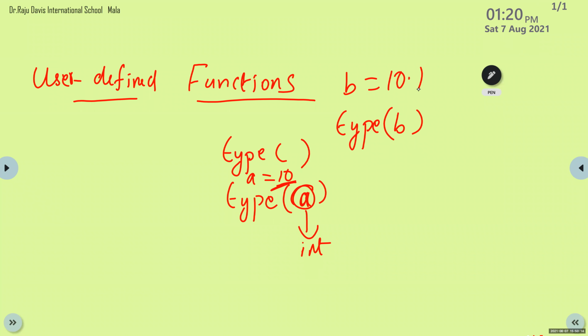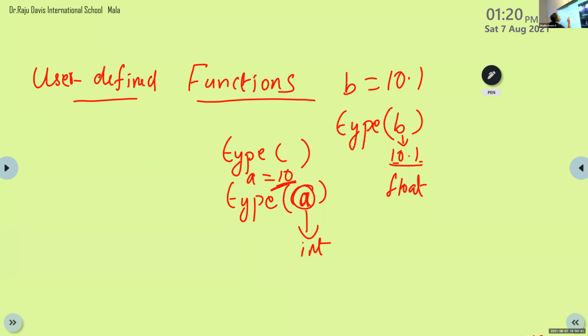Float, ma'am. Yes, float. Correct, Anish. So type of B means content of B, it is 10.1. So what is the data type of 10.1? It is float, because we are using a floating point number, a decimal point, or a fractional part is there, so it's a floating point number. So the data type is float.